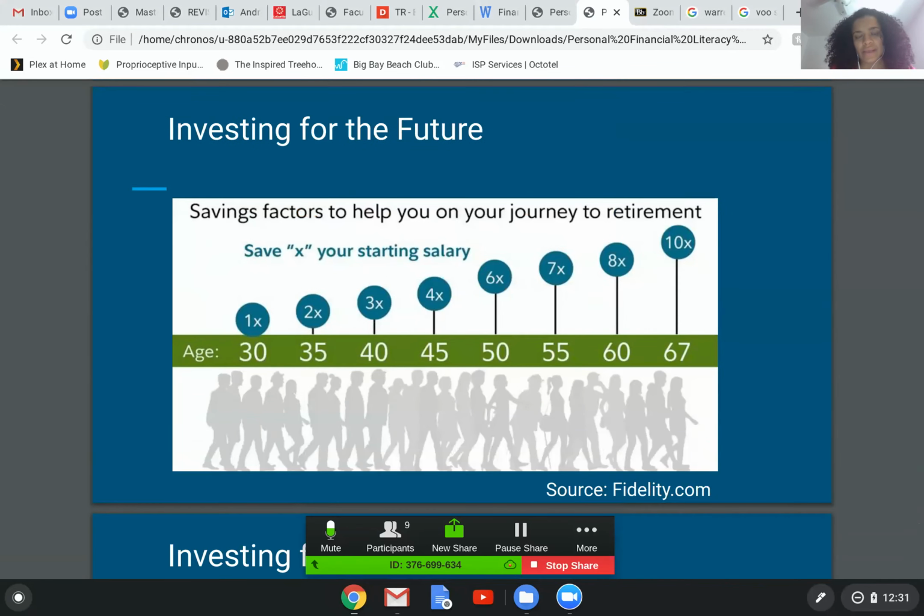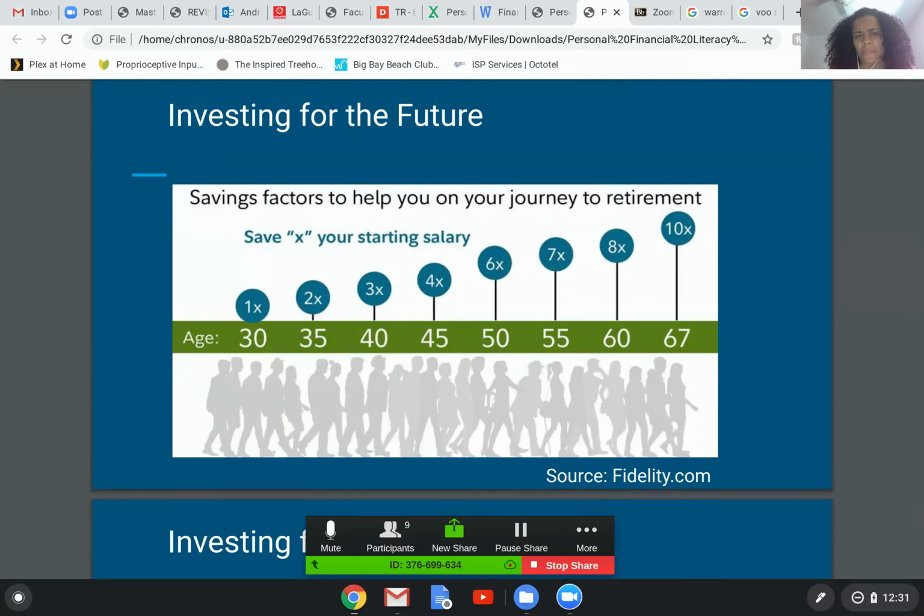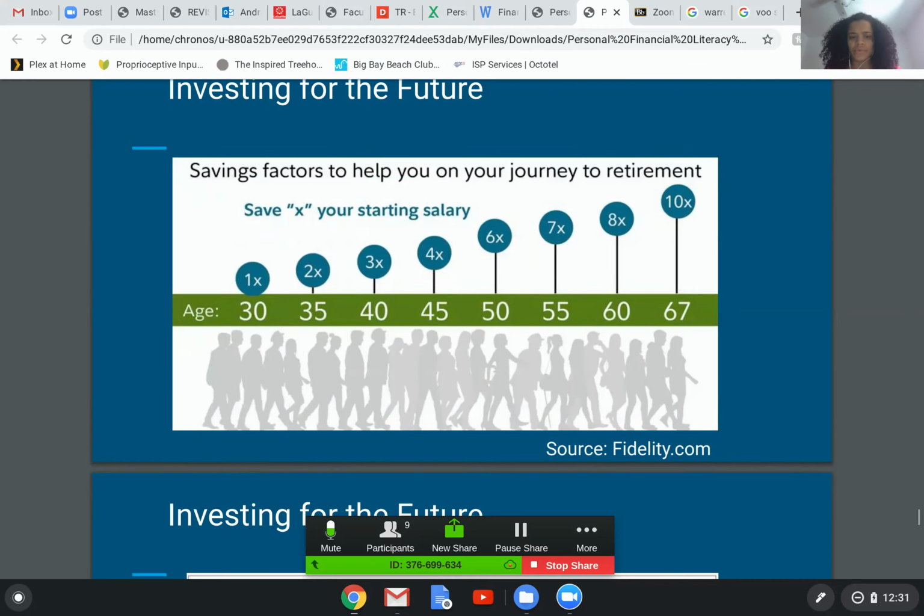And you guys have access to this whole presentation, but I just want to show you. And to Tanisha's point, you were saying not just for retirement, but it also does need to be for retirement, because the recommendations are here for how to invest for retirement. So I'm 40, right? By the time I'm 40, I'm supposed to have 3 times my salary in my retirement account to be sure that I will be able to survive.